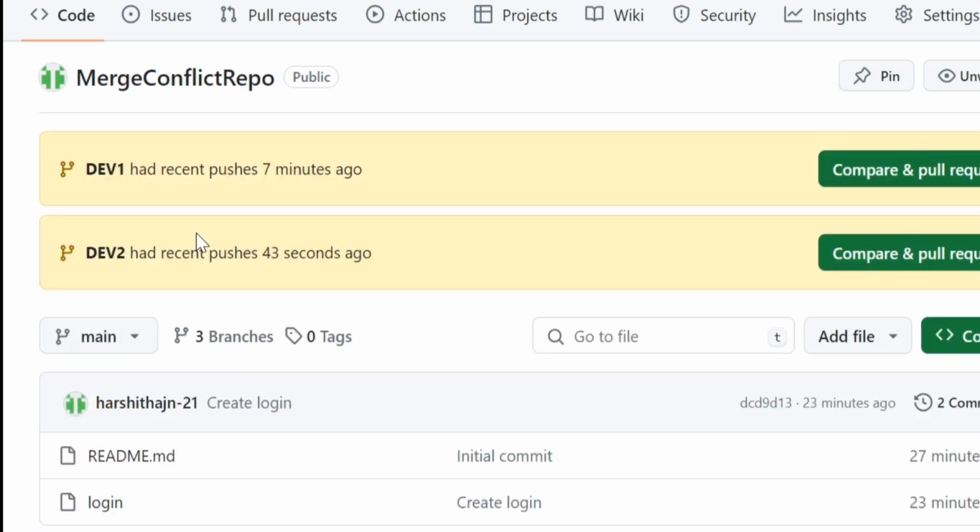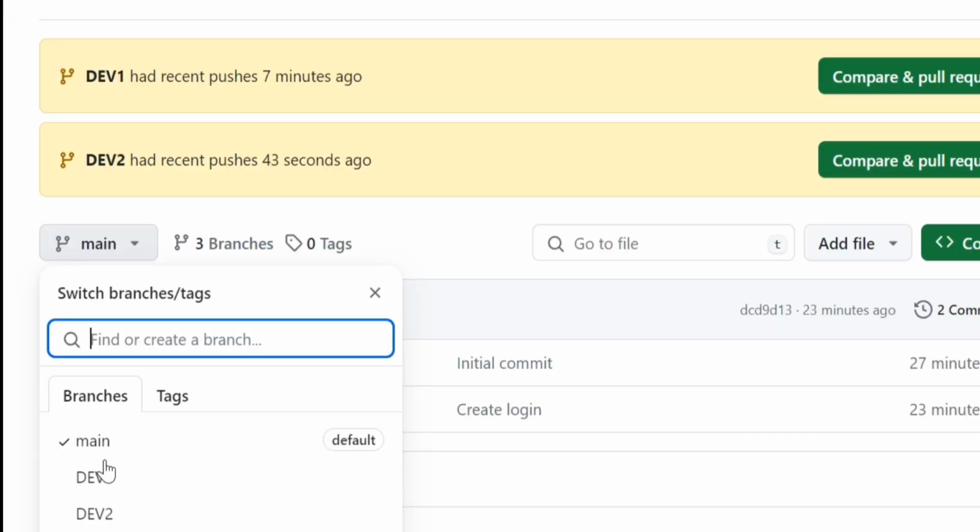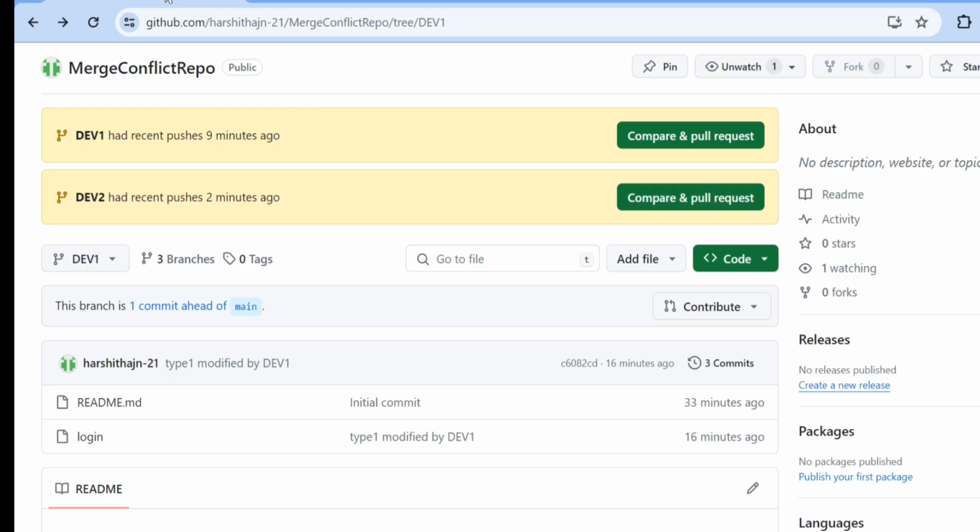So in this, you can see we have three branches: main, developer 1, developer 2. Now let's say developer 1 thinks that he is done. Now he is raising a pull request. So let's say he wants to make a pull request from